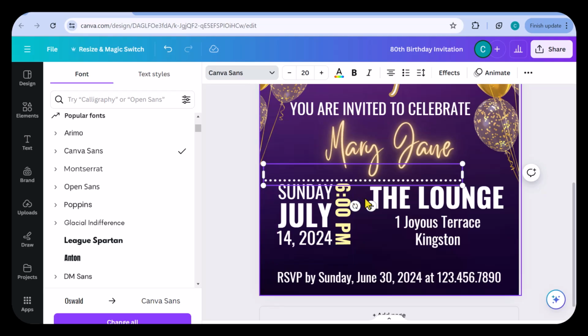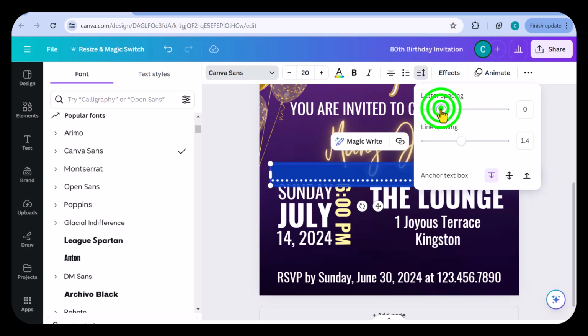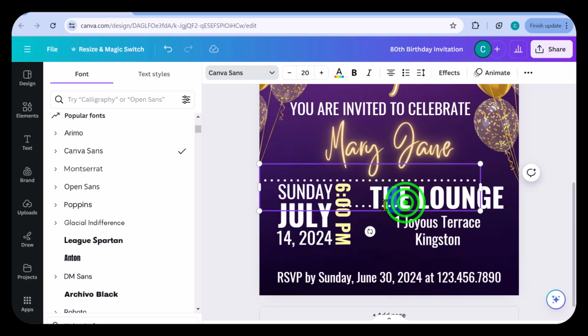Once I'm okay with that, I will make some adjustments in terms of the position of this text box, and I will also increase the letter spacing between the full stops. And what that is simply to create some wider gaps between each full stop. That is by selecting that icon with the 3 lines and the arrow beside, and then increasing the number on the letter spacing. In this case, I have set it to 100, and I will delete the full stops that run over into the second line.